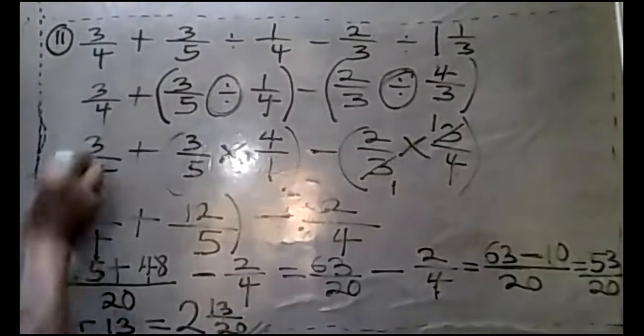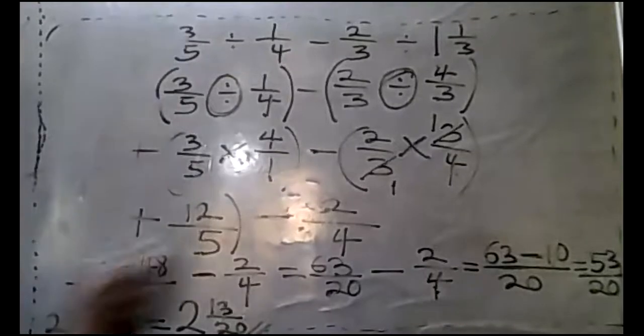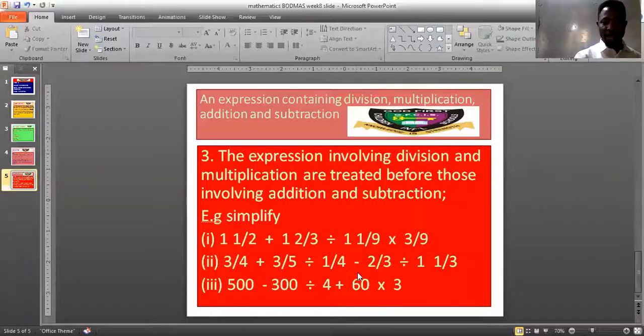All right, so let's go to the last one on these BODMAS questions. The examples that we have done contain all the operations, starting from brackets, division, multiplication, addition, and subtraction. So let's go to the last example before we end today's class. The last example says